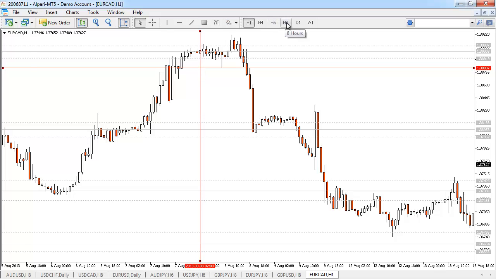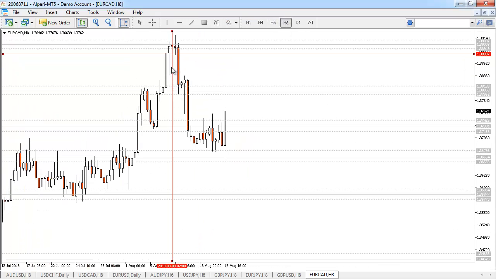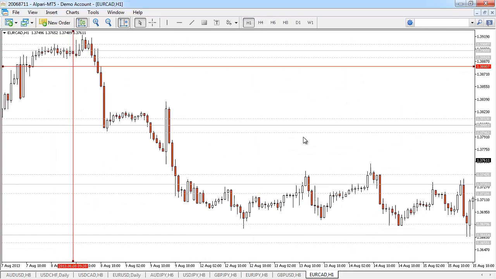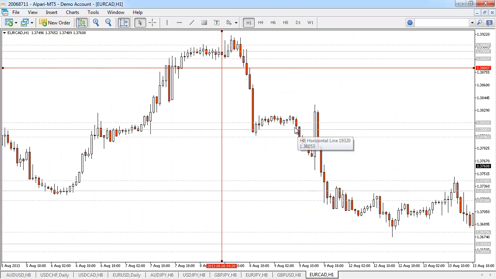Damn it. Here we go. This used to be so much easier when I traded GFT. It used to be so much easier to drop down to a smaller time frame to look at the price action in a little more detail